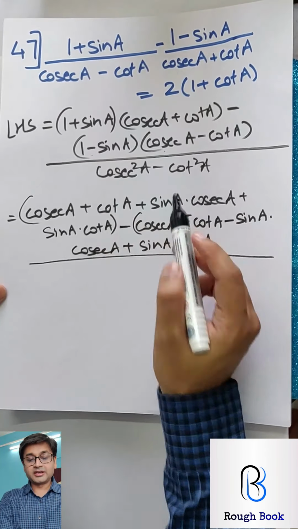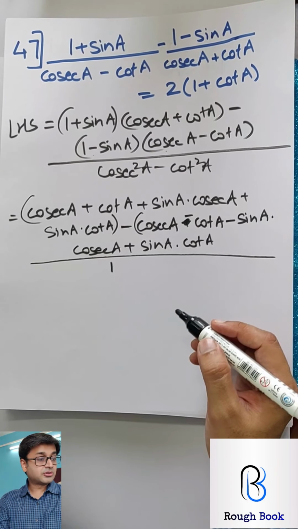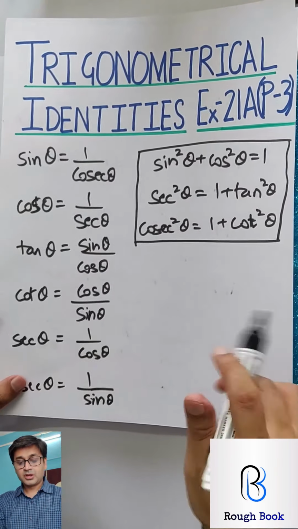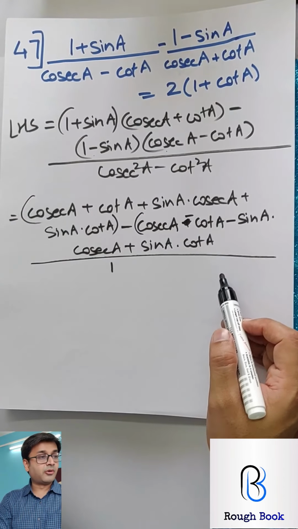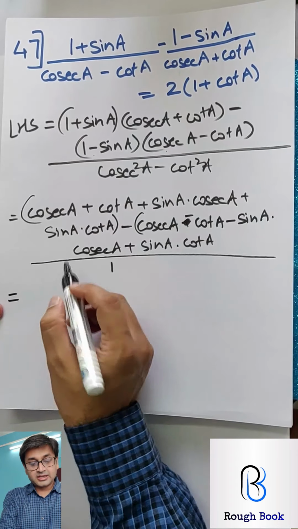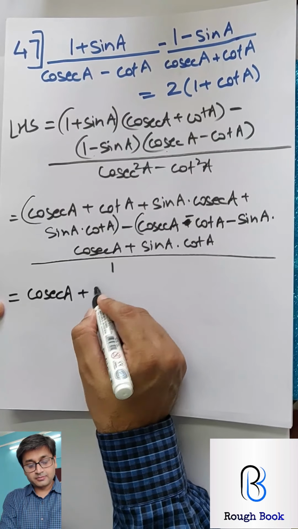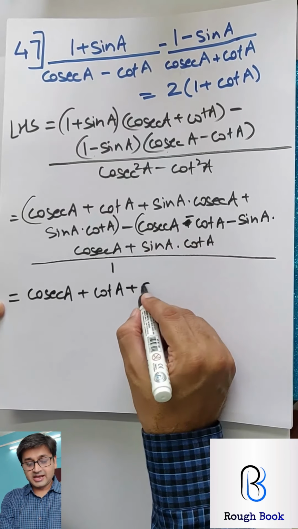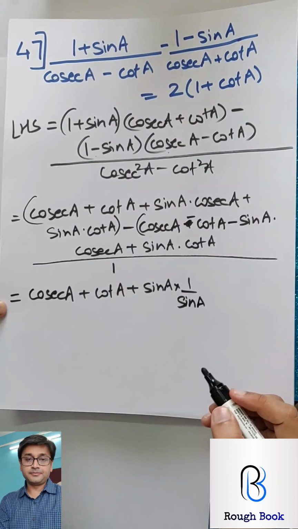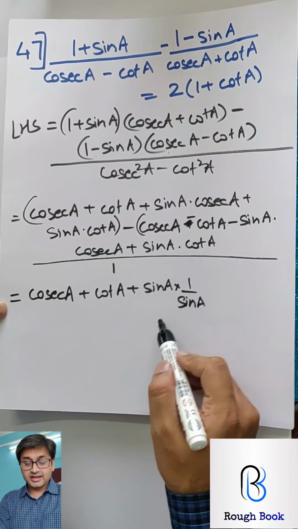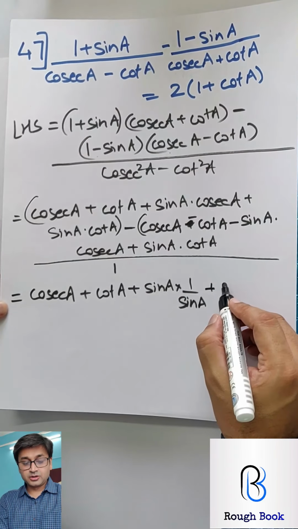Everything upon cosec minus cot is 1. Yeah, that's your identity. Do you remember? Confused? Okay, look at the identity. Here you go: cosec minus cot equals 1. Getting it? Please write the reason. I am avoiding it because I don't have place. Let's open now all the brackets and see if some magic is happening. Cosec plus cot plus sine into cosec. I can write it as 1 upon sine. Why did I do that? So that I can cancel this. Remember that. Plus sine into cot.